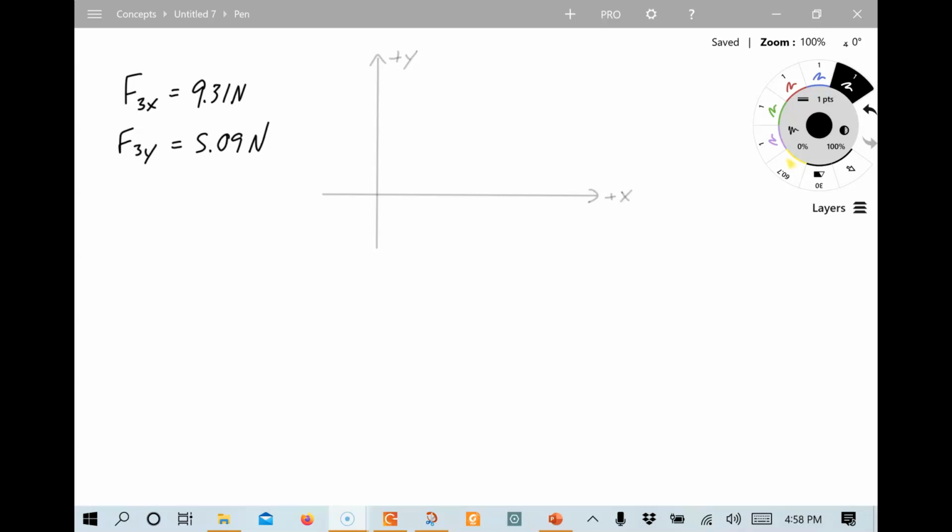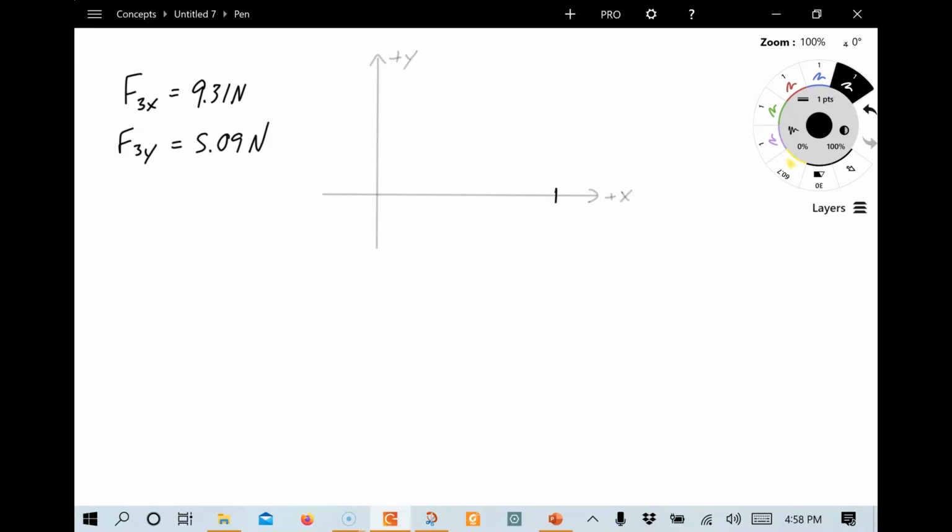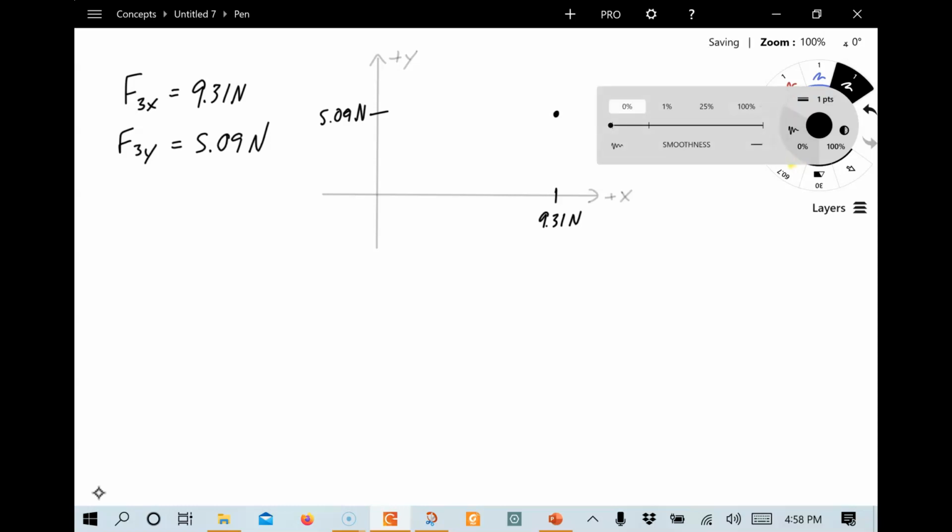So I'm going to plot this in an xy coordinate system. I know this is positive x and y. It's a first quadrant vector, and I need to find the point in the plane that corresponds to those 2 points. So for the x-axis, we're over here at 9.31 newtons. And for the y-axis, we're over at 5.09 newtons. And that marks the point in the plane. That's the tip of our arrow. So we can go ahead and draw our vector straight there, and that is the vector F,